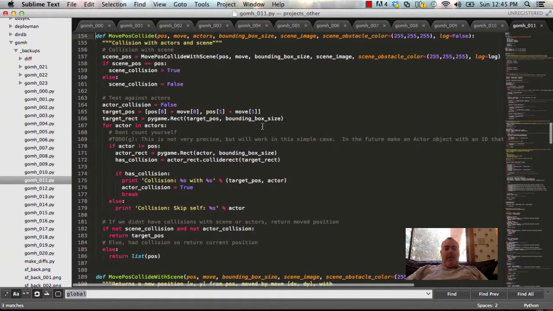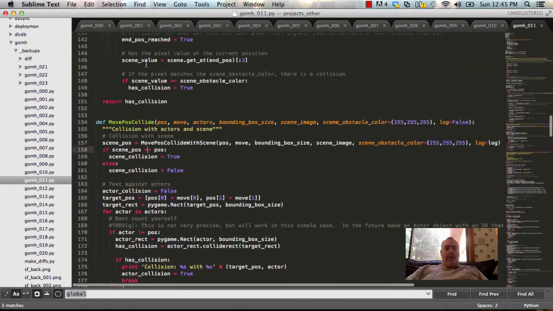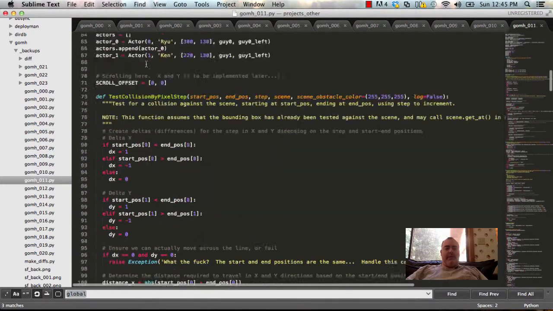And here I have pause move actors, so this is new. Bounding box size, scene image, scene obstacle color, log. So my guess is what I did with this is I used this new function which includes actors, and I got rid of calling this one directly, and now I call this one, and I probably pass in this actors list